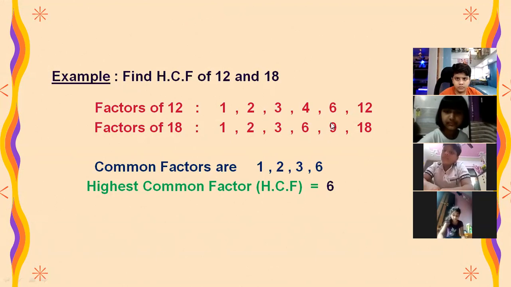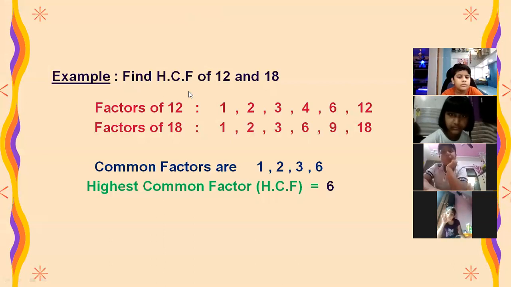So suppose nothing is given here, you have to find out only the HCF. No method is mentioned. So we have just used here the common division method. As we have already learned how to find out the factors from the common division method. So can you tell me here what are the factors of 12?